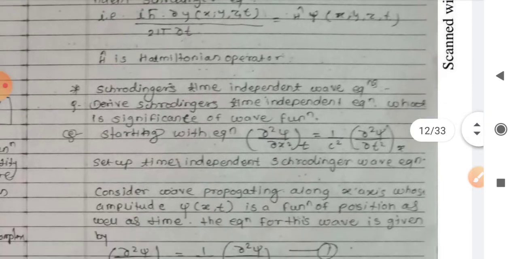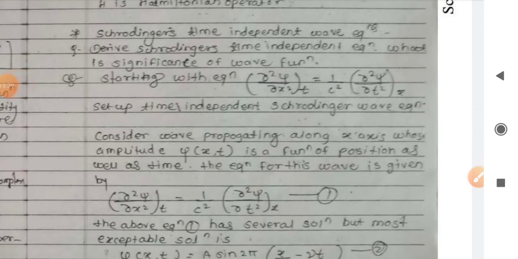And now next, the next thing is the Schrödinger time independent wave equation. This is the most important derivation among all the derivations we have seen so far. So far we have seen certain proofs for the operators, we have tried to solve the examples, and we have seen the postulates of quantum chemistry.